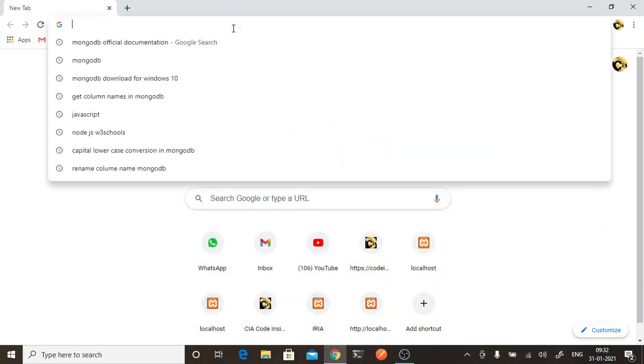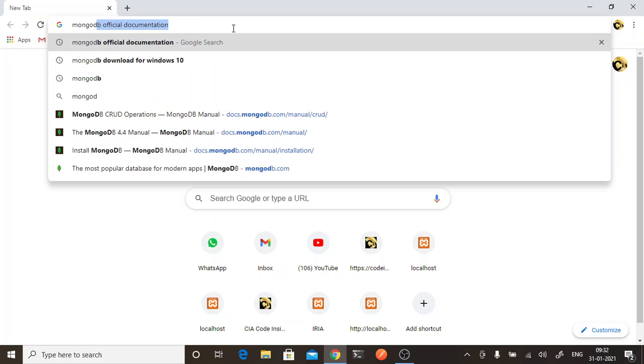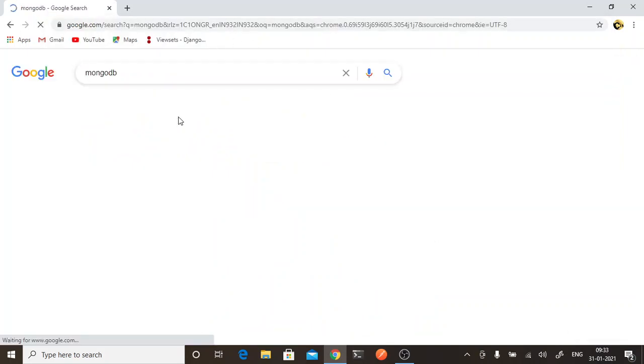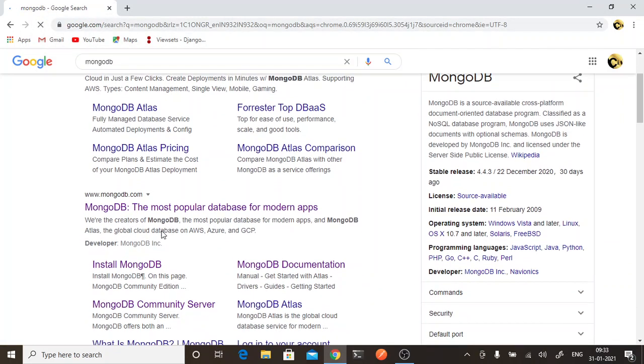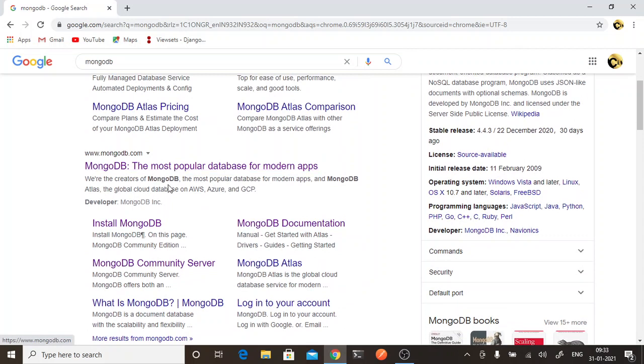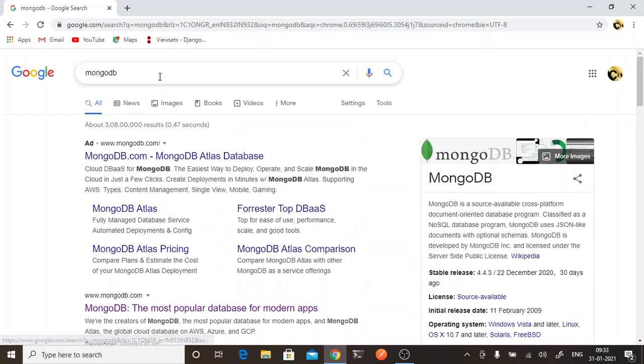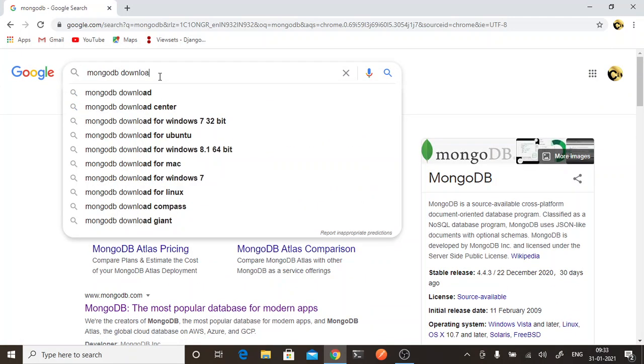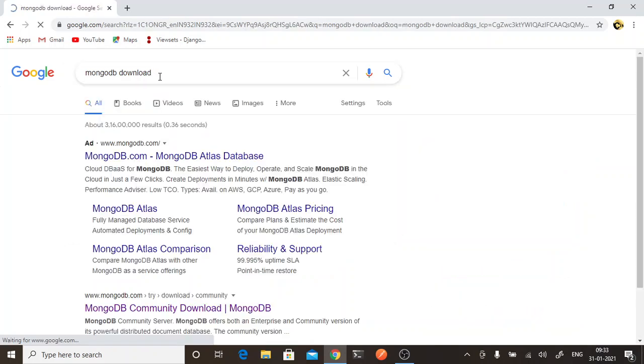Hello everyone. So today we are going to see MongoDB. MongoDB is a non-structured query language. That means it stores records in a JSON format and as an object, and not as a table, not in a tabular form as we do it in MySQL. So first we need to download and install it, and then insert records. That is what we are going to cover in today's video.